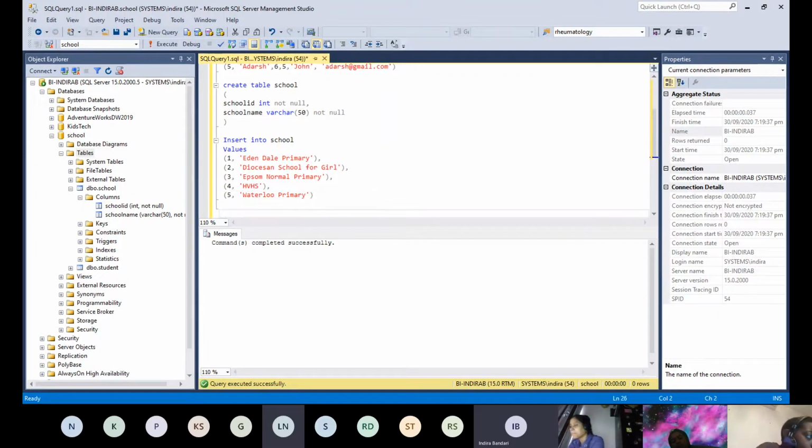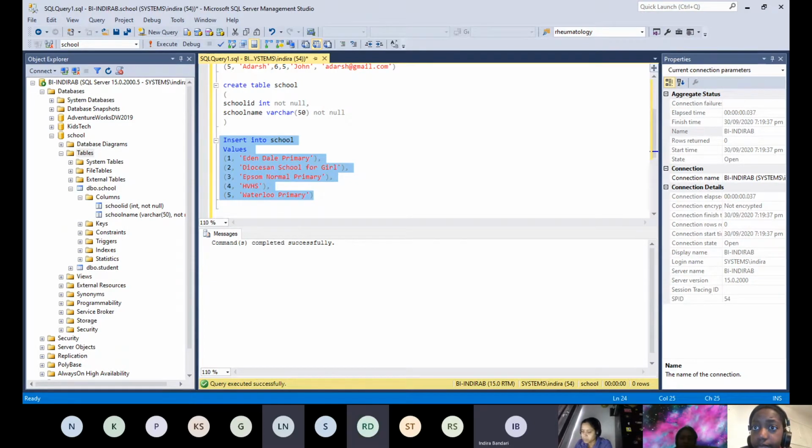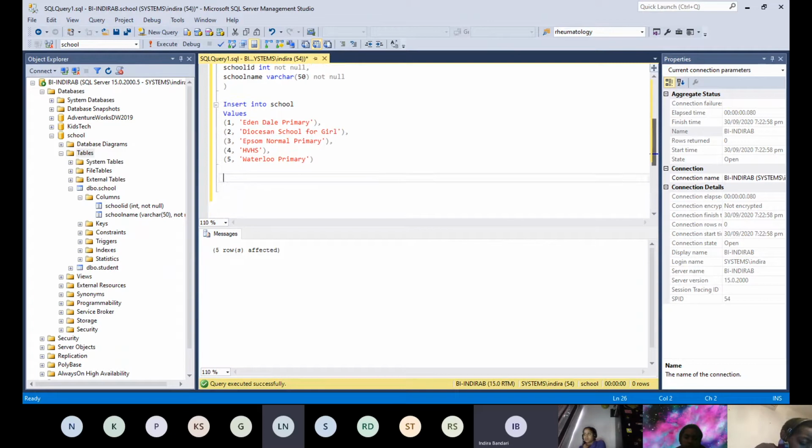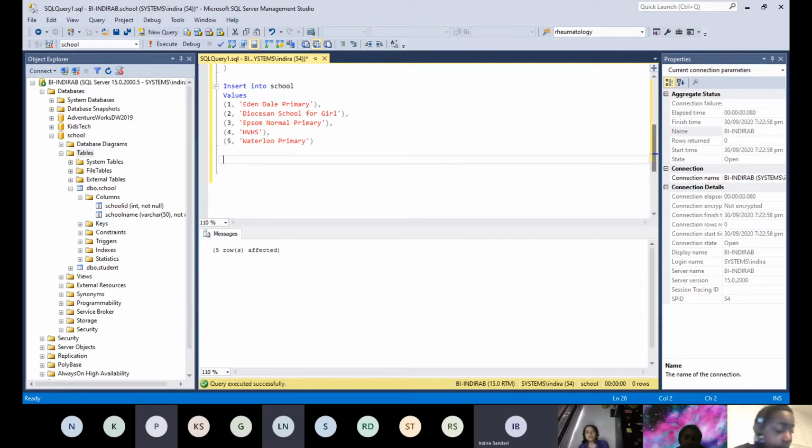So this is the data that I am inserting in the school table. If I run this one, how many records will be created? 5, yes, because we have 5 rows here. So 5 rows affected. If I want to view the data in the school table, what is the command that I am going to give? I want to view data.